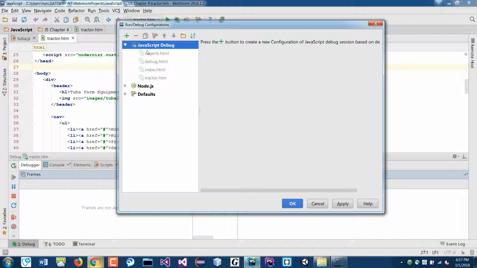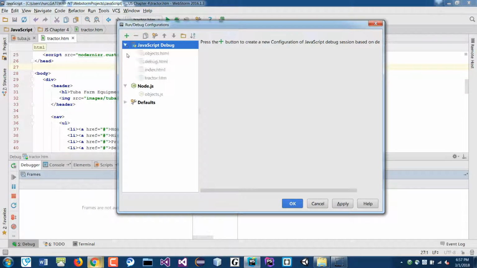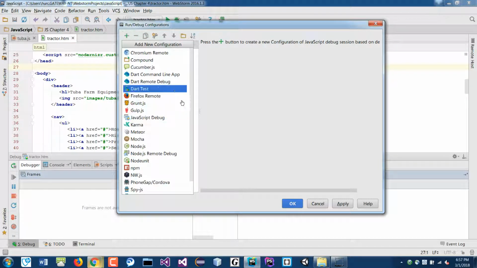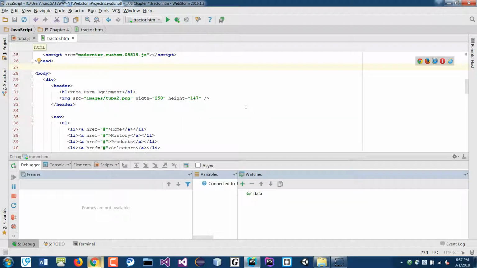Okay, if you want to debug your script directly in here, then it will be added to the Node.js menu here, so you can actually debug the script by itself without running the HTML file. Okay, so we'll do that too. So I'm just going to show that that's how it does it. It automatically configured for you, so you don't have to manually do it yourself. If you want to do it manually, you can do that too. You can go here and then click a plus sign and then go find the file. Okay, which is a little bit tedious,